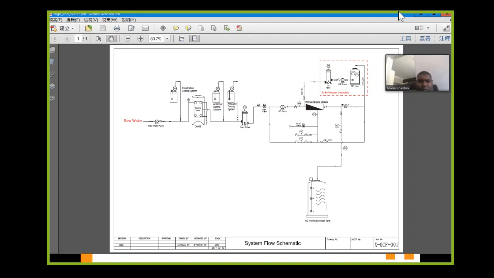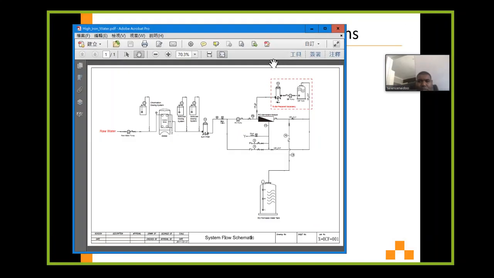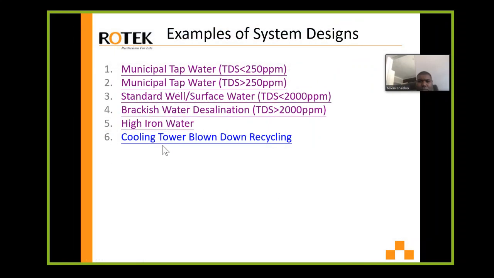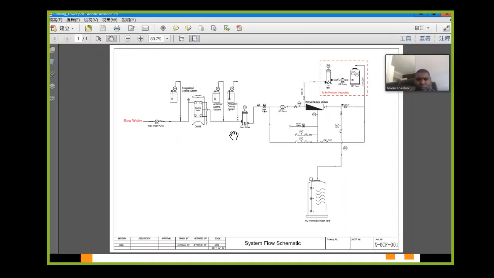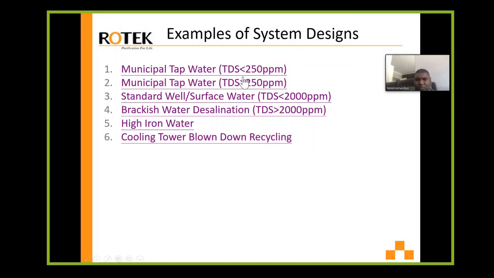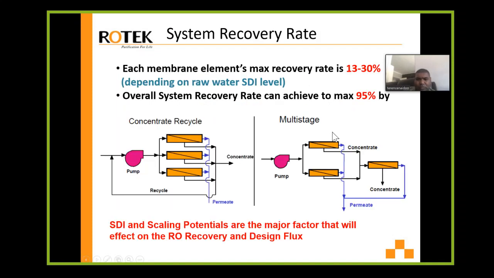Water that has high content of iron. Very simple. Cooling tower blowdown recycling. So it's also like this: coagulation, sand filter, dechlorination, and descalant. Because in a cooling tower there's also chlorine, so we have chlorine dosing. Okay. So that's all the example system designs, and let me show you